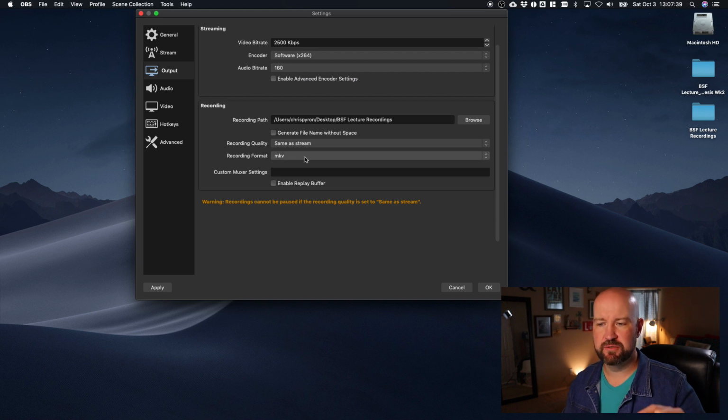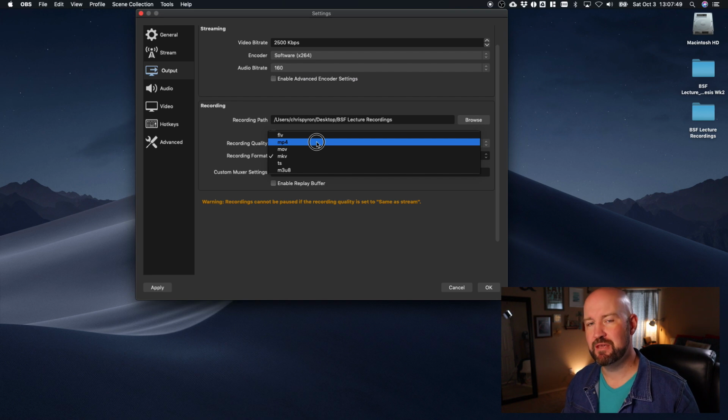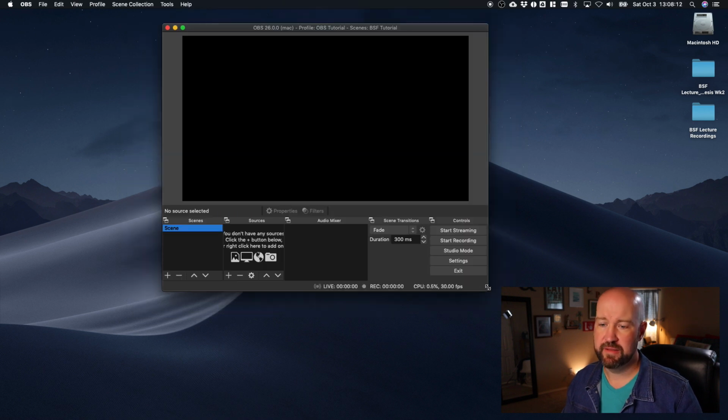The last thing on the output tab that we want to check is recording format. More than likely, this is going to be default setting to MKV, which is not a video format that we want to use for uploading to mybsf.org. So we want to change that to MP4. You will see this warning pop up down here. Don't worry about that. We're not going to be at a point where we're trying to pause in the middle of recording and pick it up and keep it going again. So same as stream and MP4 are the settings that we want to see under record quality and recording format in this part. At this point, we can hit apply and then OK,